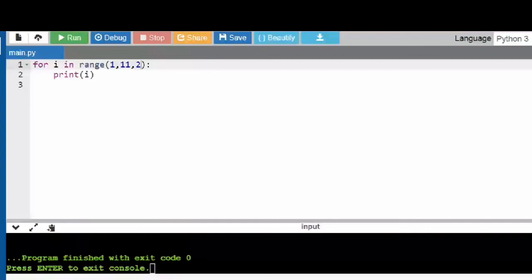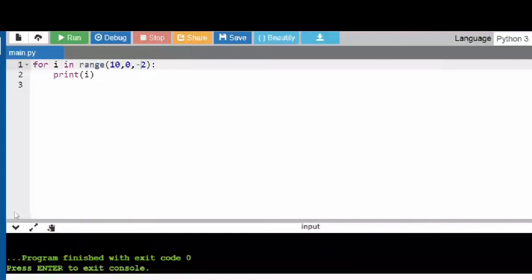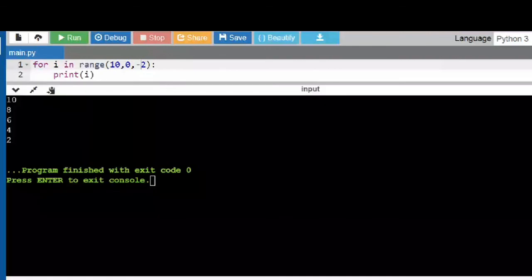Yes, ma'am. For example, this step cannot be 0. You cannot put this step to be 0. Negative step: if you want it in reverse, from 10 down to 1, you can simply say minus. Then it will print 10, 8, 6, 4, 2. So in case I give -1,